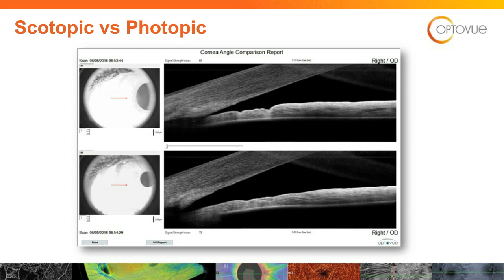Here's an example of a patient who, in scotopic conditions in the top scan, her angle really would get narrow, and in the bottom scan, under photopic conditions, it would open her angle up. That's really tough to tell in gonioscopy because your light source is really high. And so, as we take a look at those, OCT, because you can do it under scotopic conditions, does an